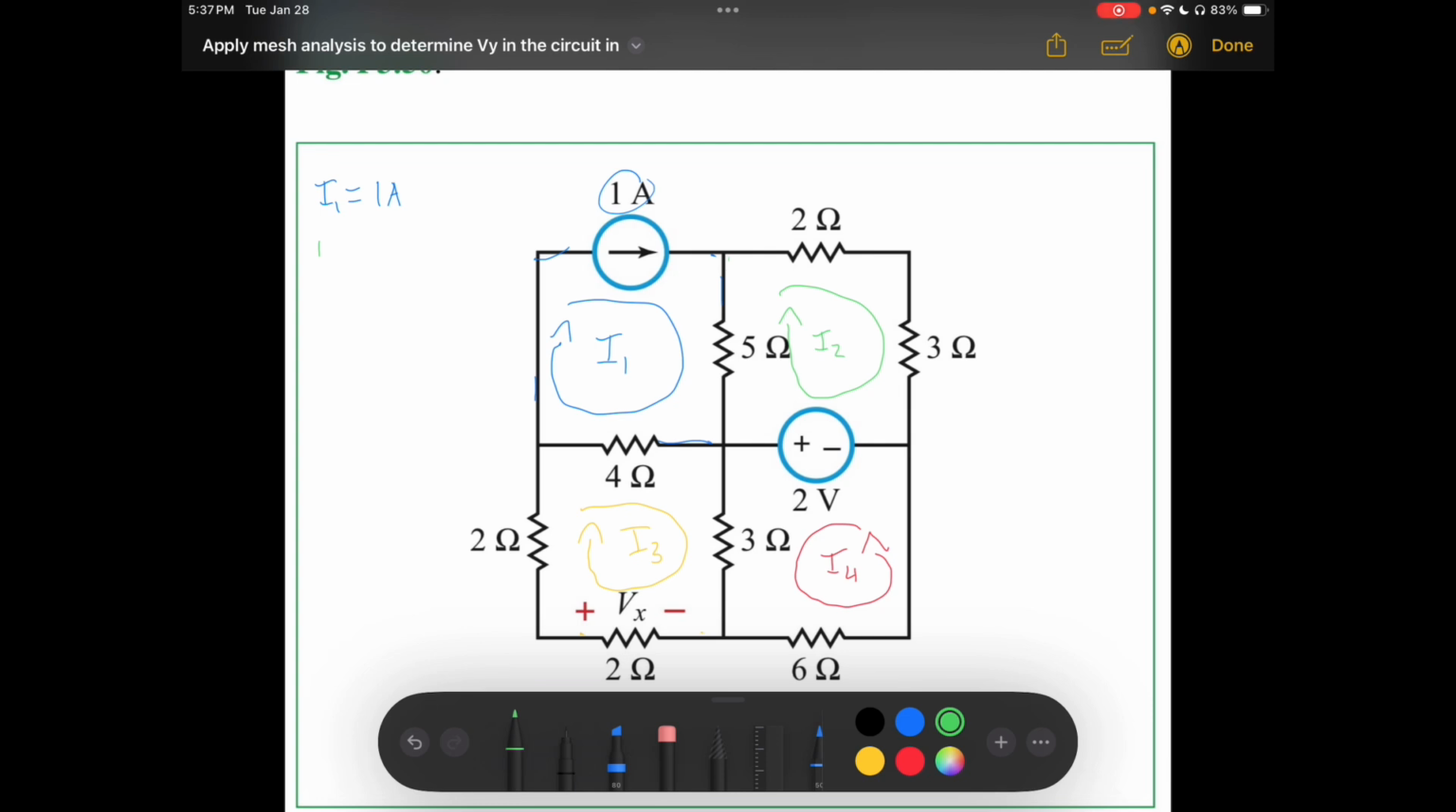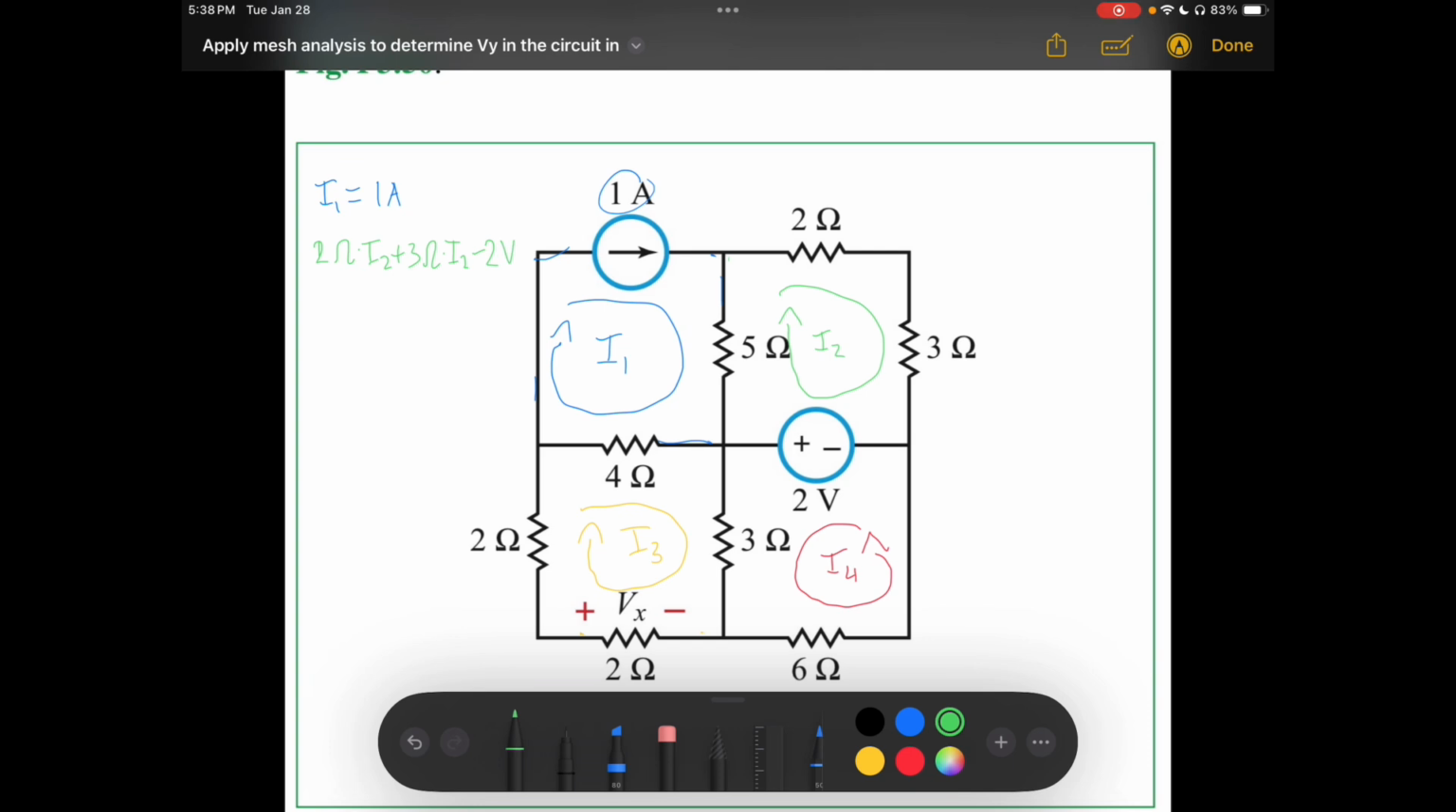So let's see about I2. Let's follow the loop, starting with the 2 ohm resistor. 2 ohms times I2 gives you the voltage drop across the 2 ohm resistor. What we're making is a KVL equation, so hopefully all of the voltage drops across the resistors and this power supply will net you 0 in the end. So 2 ohms times I2 plus 3 ohms times I2